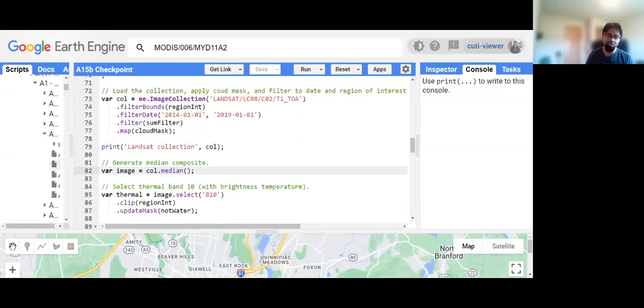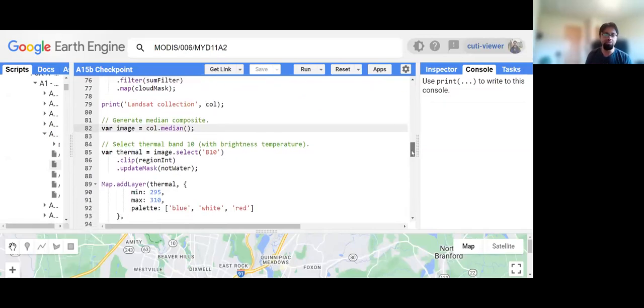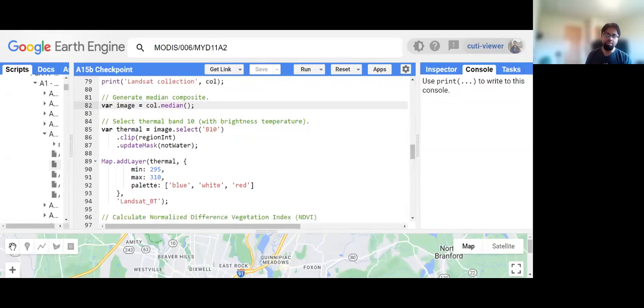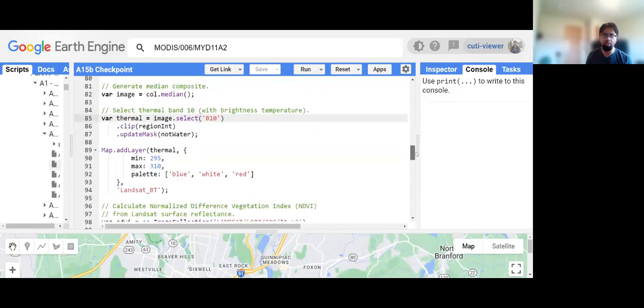So median is often used as a very simple way to remove the impact of clouds. Then what I do is I select this band B10, which corresponds to the thermal band in Landsat 8. Landsat 8 also has a different thermal band, B11, but we will primarily use B10 because B11 has some other calibration issues. We will clip it to the region of interest and then use the same update, not water